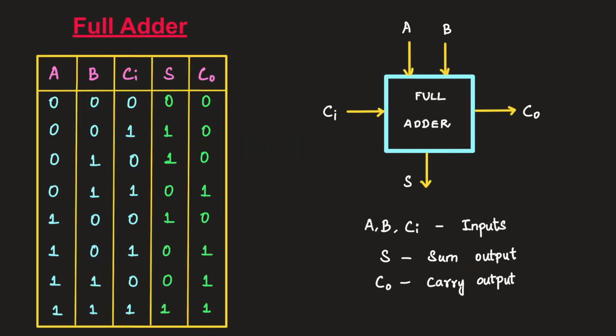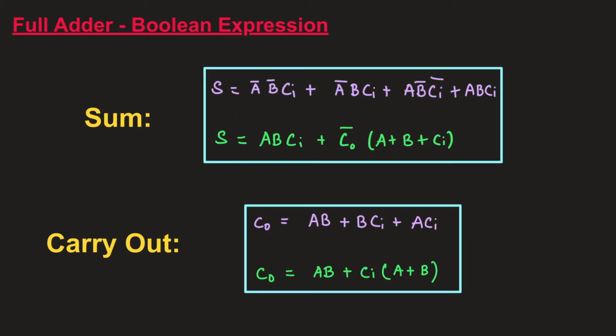The truth table of full adder for sum and carry outputs are shown here. Before we begin with the TG based full adder design, let us first recall the expressions for sum and carry output which we have obtained through static CMOS implementation. The sum and carry output expressions for a full adder using static CMOS implementation is shown in green color, and the sum and carry output expressions which we have obtained through KMAP reduction technique from the truth table outputs is shown in violet color.